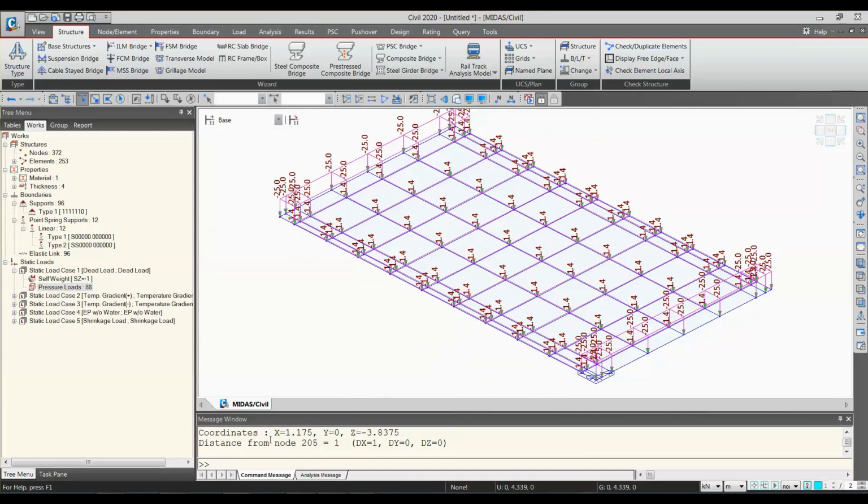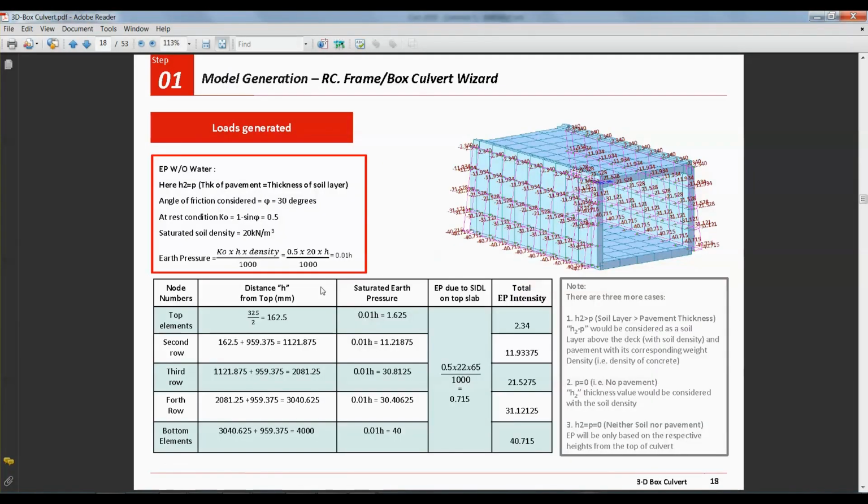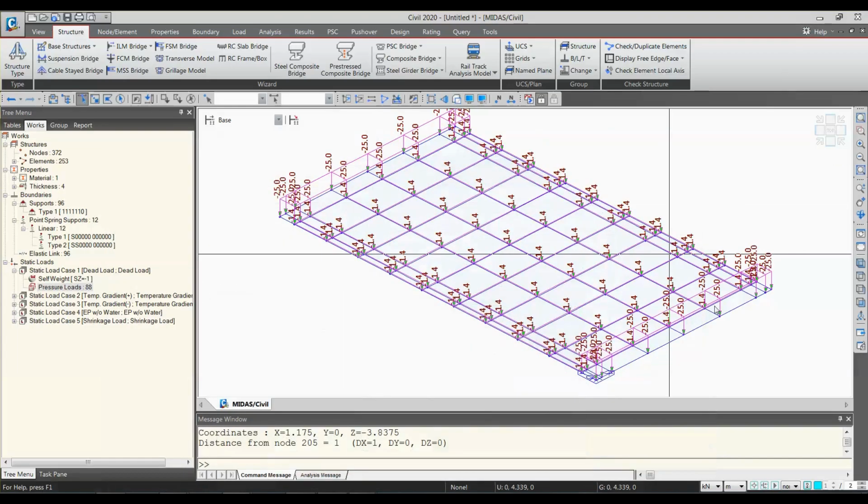So let's see how it is calculated. 65 as the thickness of your pavement into 8.75 is equal to 1.4, which is applied as a pavement load. While the intensity of the crash barrier is 11.25 divided by the width of the crash barrier, which is 25 on each side, right? So it is very simple. As we calculate manually, the same is applied by the program.